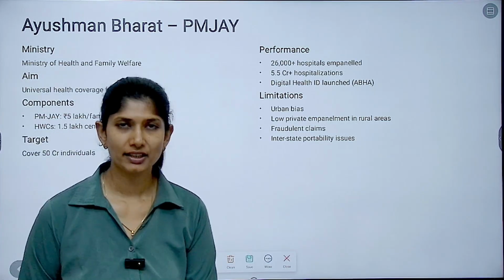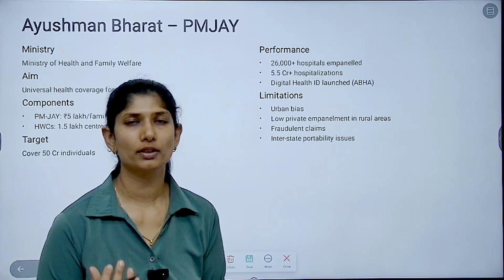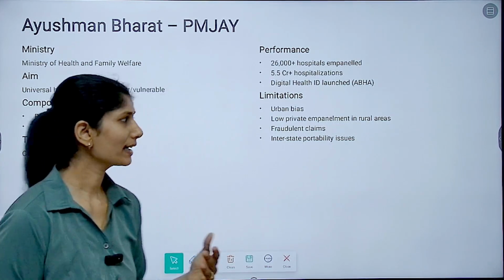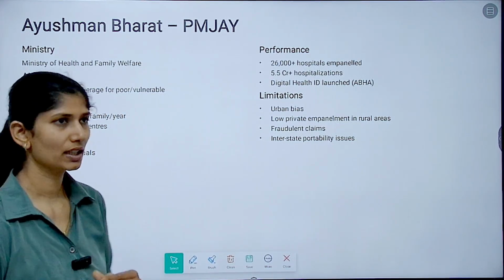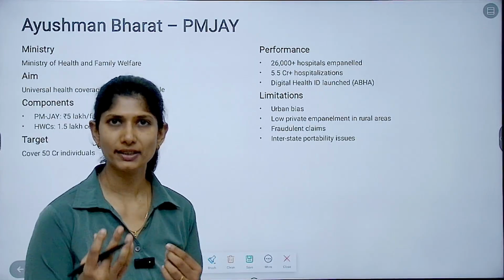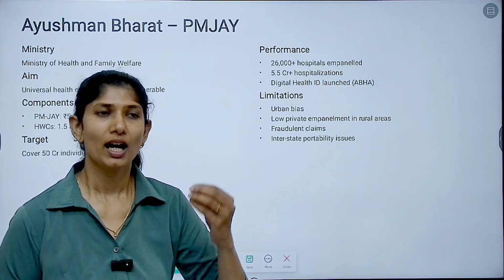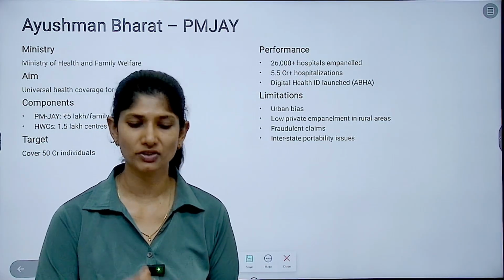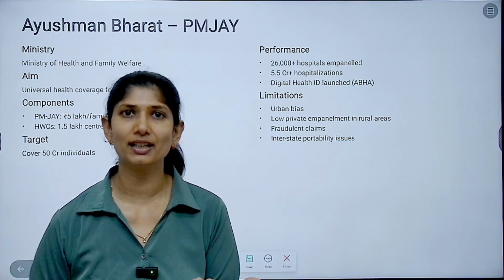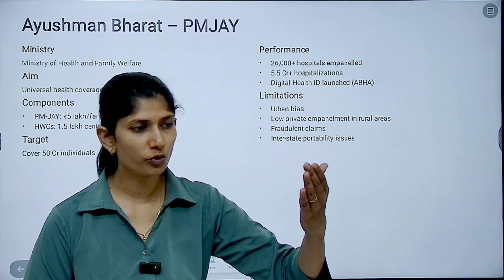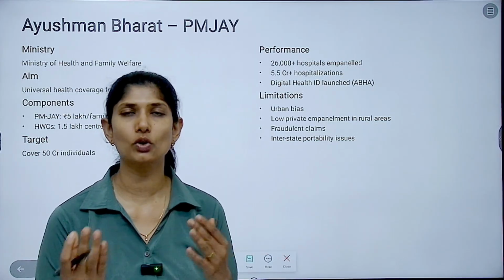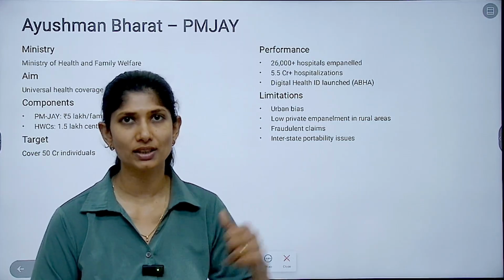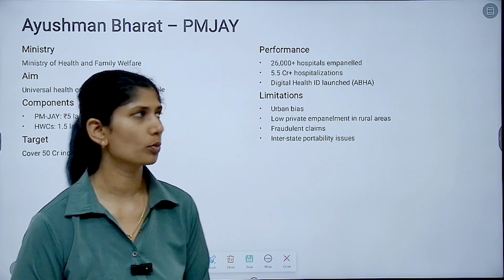First, they are trying to bring in a coverage of 5 lakh rupees per family per year. One of the main things is that this was brought in to make sure that, in Indian scenarios, if any major health issue happens, which has the ability to shift an entire income group, that is, you fall a level below, this should not happen with respect to healthcare. A base or an insurance coverage has to be given. That was the whole purpose of Ayushman Bharat.